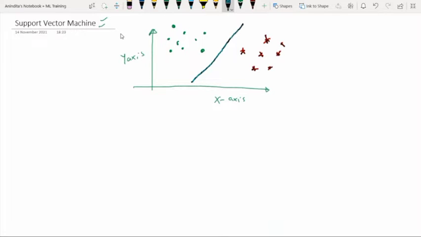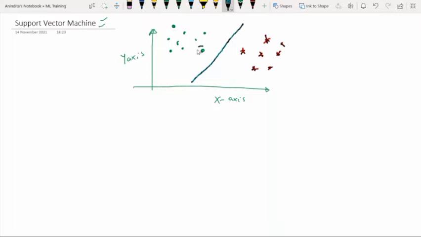SVM constructs a hyperplane in multidimensional space to separate different classes. And we have already discussed that SVM generates the optimal hyperplane in an iterative manner, which is used to minimize an error. The core idea of SVM is to find the maximum marginal hyperplane that best divides the data into classes.